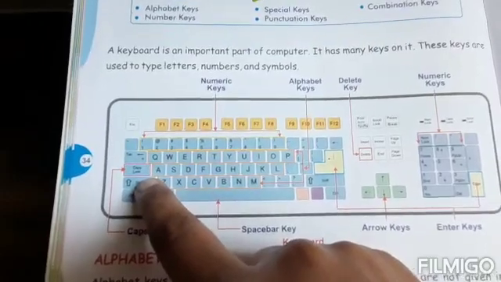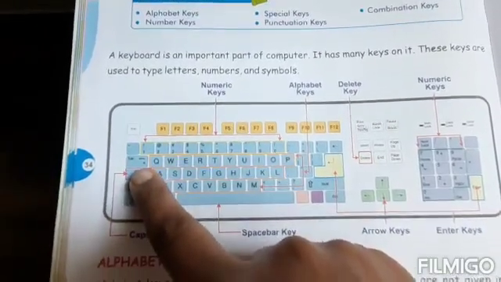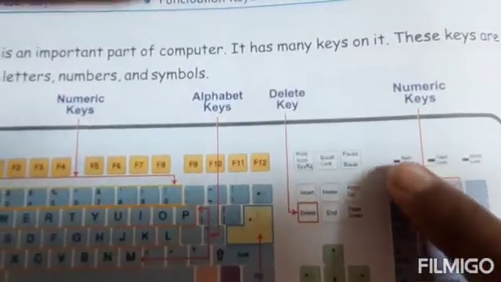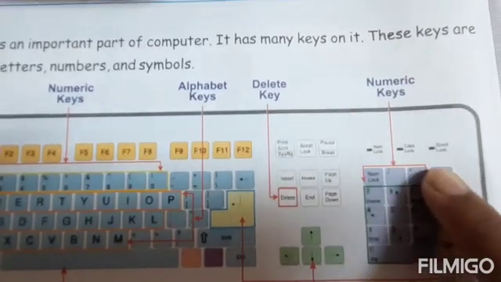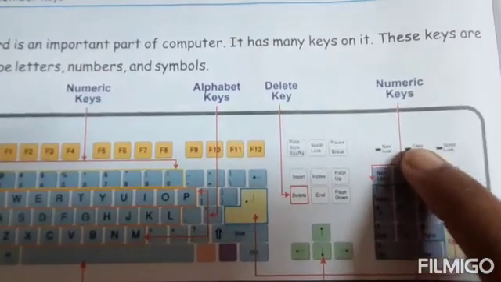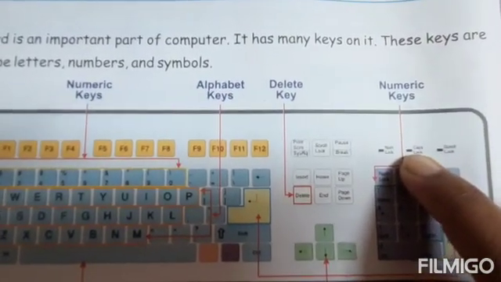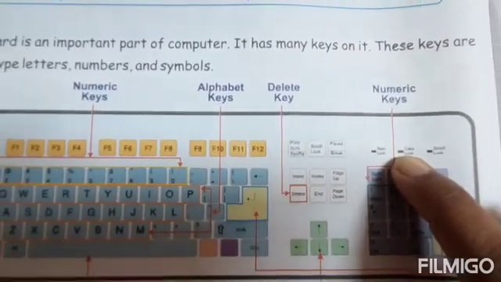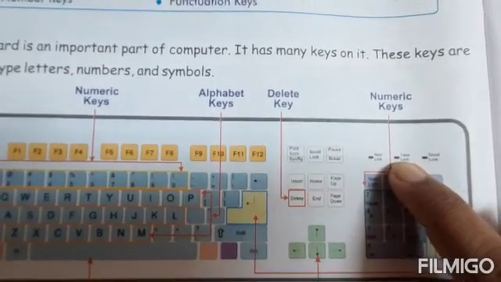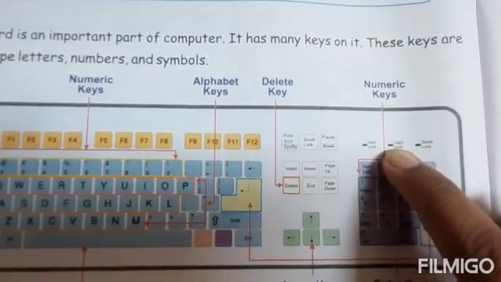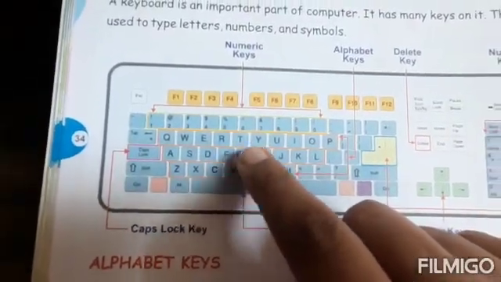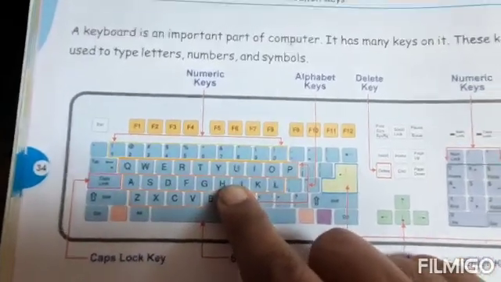If you want to write in capital letters, you have to press this key once, and if you see on this side of the keyboard, you have some buttons here. These are lights. So when you switch on the caps lock key, the light here, which says caps lock, turns on. And when the light is on, any alphabet that you write on the keyboard will be typed in capital letter. And when this light is off, anything that you type using these alphabet keys will be in lowercase.